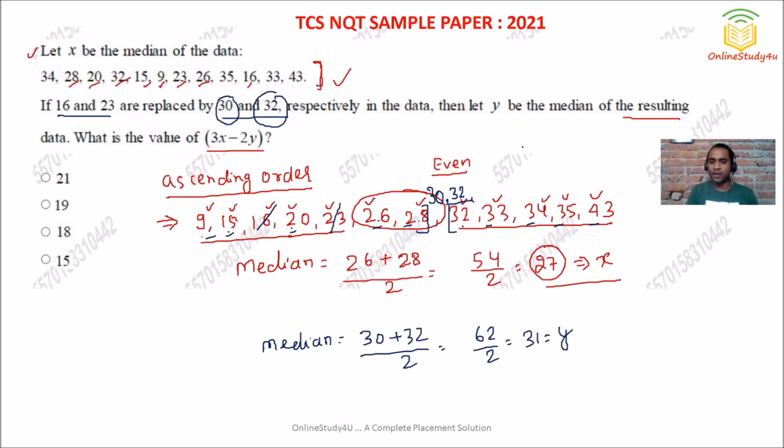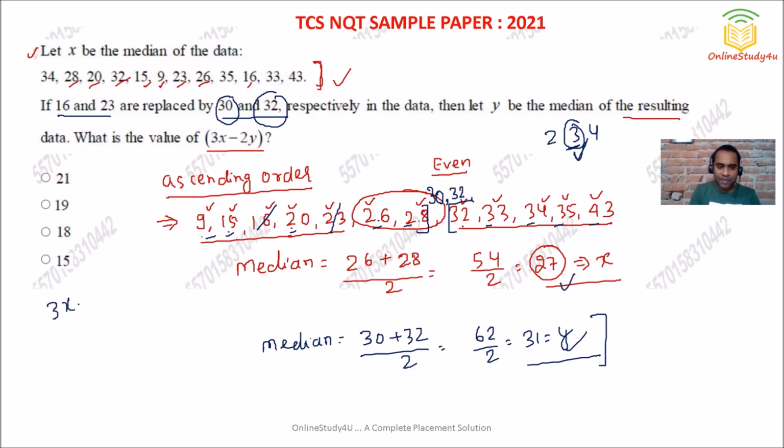If we have an odd number of data, like suppose we have 2, 3 and 4, what will be the median? The median will be the middle number. If you have odd numbers, then we do not have to do anything, directly you can say the median will be 3.